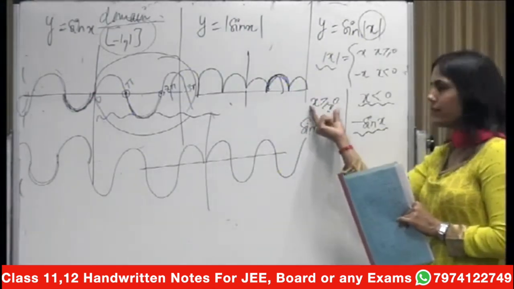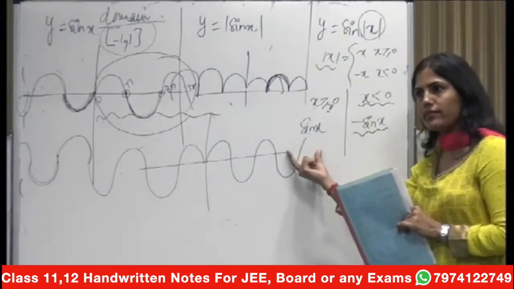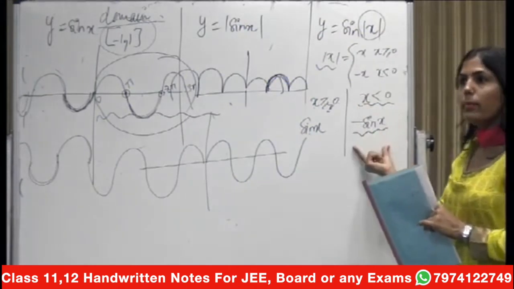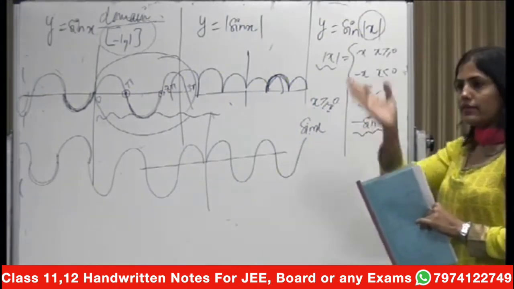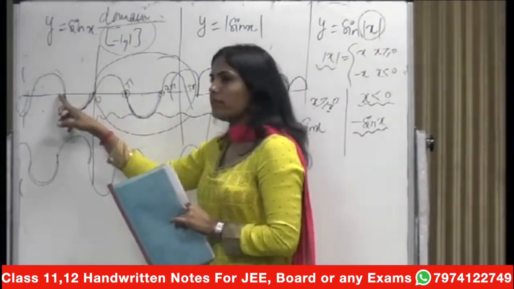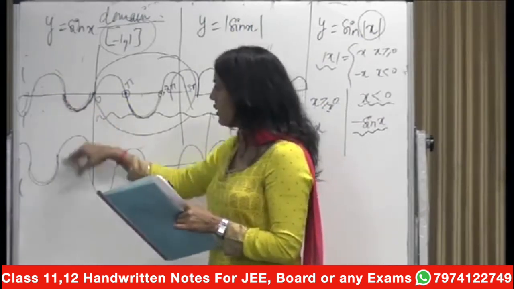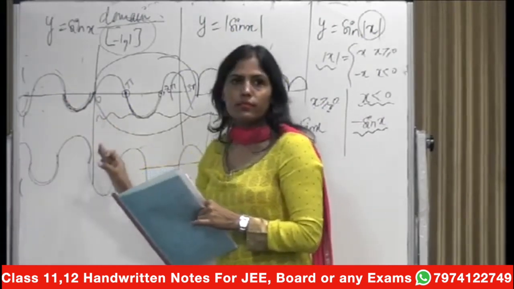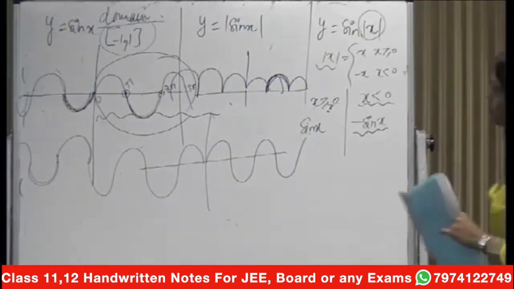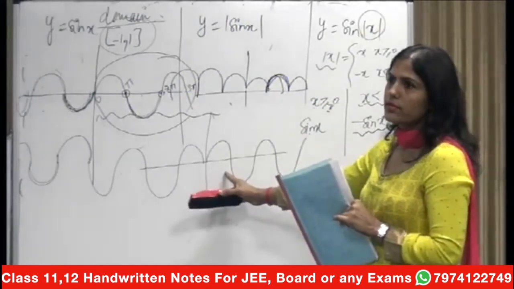So for x greater than or equal to 0, our calculation is saying that the graph will look like the sin x graph. But for x less than 0, this will be minus sin x. It means if the value in sin x is negative, then in minus sin x it will be positive. So the graph will reverse anyhow. I hope it is clear. This is the sine mod x graph.